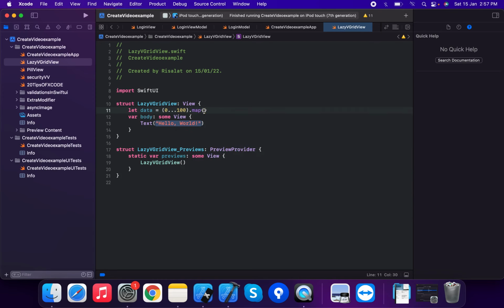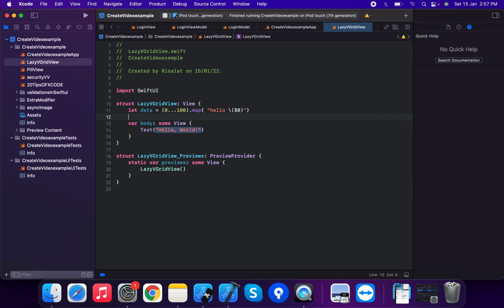Now in this map method we write "Hello" and use string interpolation with $0, which gives us the elements one by one. Now we're going to create the column.